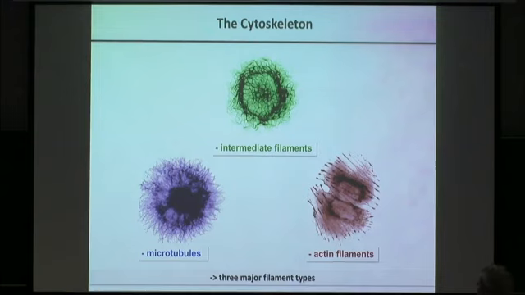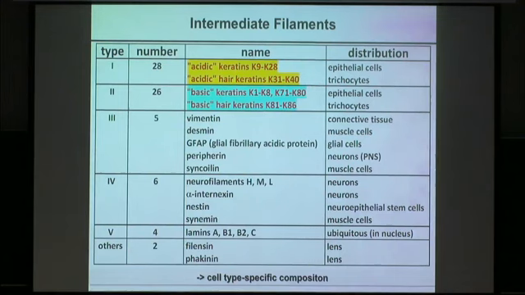Now, when we talk about intermediate filament systems, it is a very diverse group in terms of composition. And that's probably what deterred lots of researchers from even working on these types of diverse molecules. So you have a list here, and you see more than 70 polypeptides that can form intermediate filaments, including those that are located in the cytoplasm, and those that are localized in the nucleus, and those that have specific functions